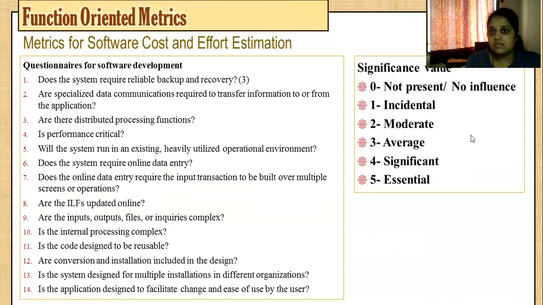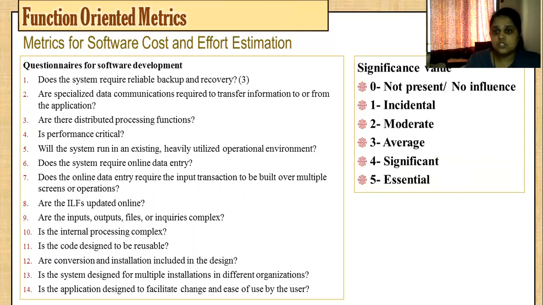So these questions have to be rated, and this rating is given based on a number 0 to 5. If I'm giving it a number 0, that means it is not present or it has no influence in the software development process. If it is 1, it is incidental. If it is 2, it is moderately implemented. If it is 3, it is average. If it is 4, it is significant. And if I have given a rating of 5, that means it is very essential in the development of the program.